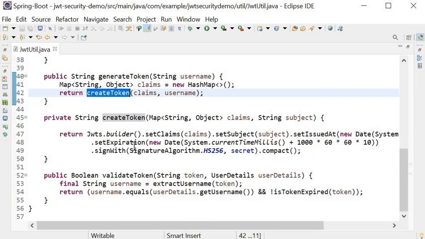We have already set the expiration time for this token: our current date plus the time we want to give this token, and after this time it will expire.